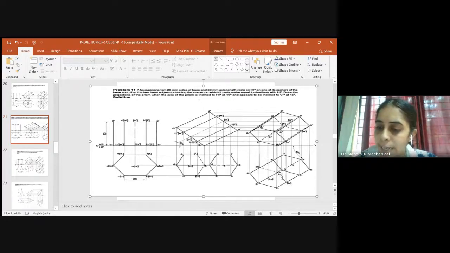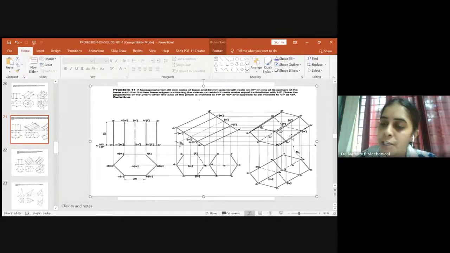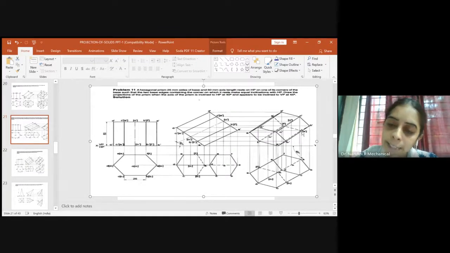And again this side, A dash, A1 and B1: the projection coming through this point should be hidden provided it is not on the outer boundary. Here it is on the outer boundary, so again it will be continuous. A1 dash and F1 dash is on the outer boundary, A1 dash and B1 dash is also on the outer boundary. But along with that, you have one projection line which is coming inside the surface, from A1 dash to A dash, and hence we have shown this as a hidden line. In this way you can cross check whether the hidden lines you have drawn are right or wrong.